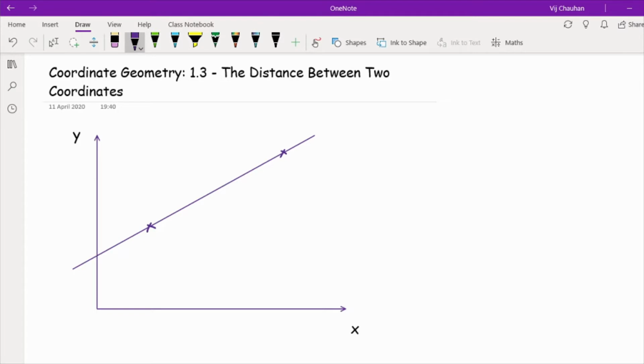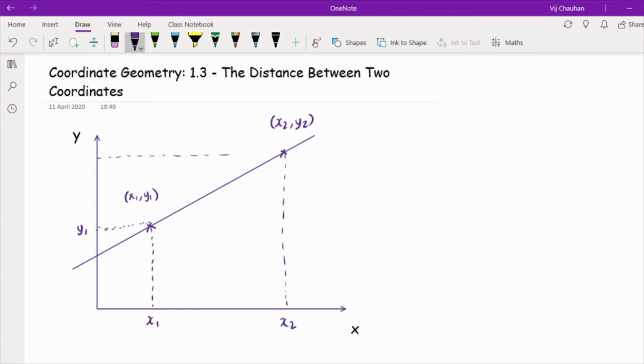So this coordinate is going to have a coordinate of x1, y1, which therefore means that this x ordinate is going to be x1 and this y ordinate is going to be y1, and this point here, the second point, is going to have a coordinate of x2, y2, and again I'm going to just highlight the x ordinates and